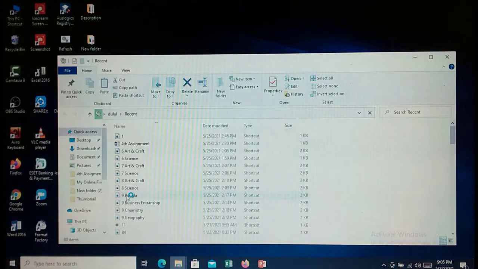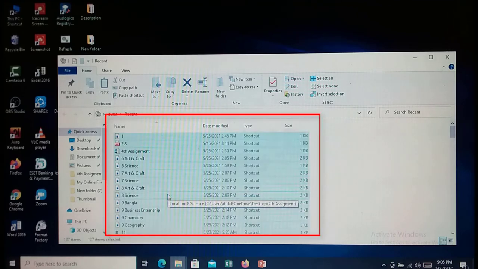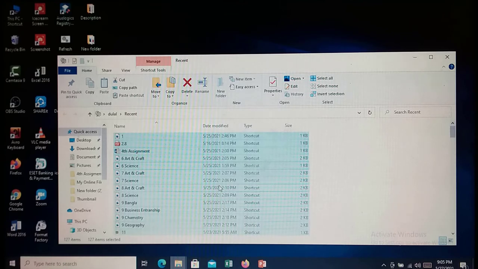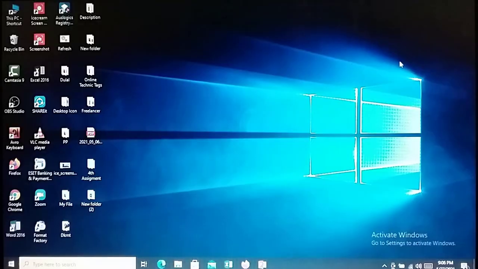Dear viewers, now select the files and delete the files as before. Look, all of the files from the page have been deleted.